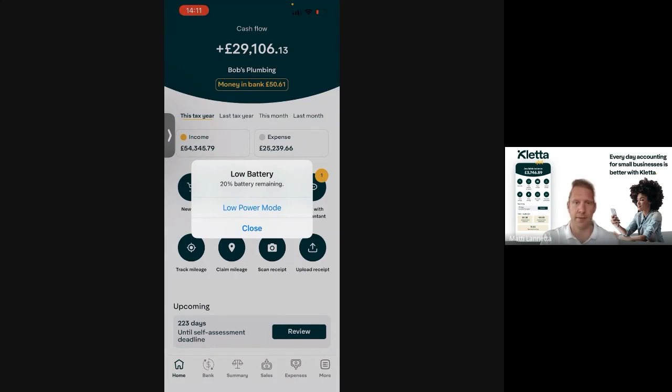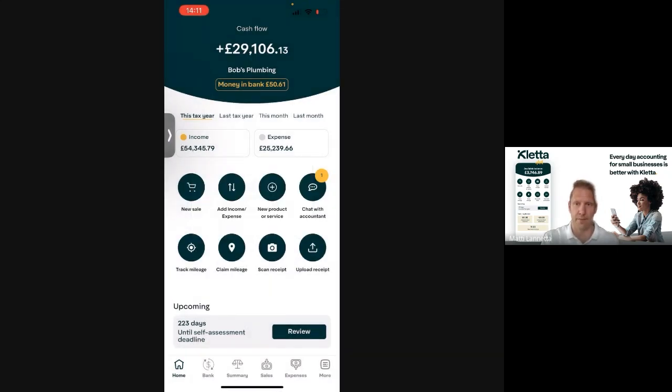So this is the starting screen of Kletta app designed for the sole traders. And today I'm Bob the plumber, and he has his own business called Bob's Plumbing. And I'm walking through the daily activities that Bob does and how he uses Kletta for capturing the relevant business